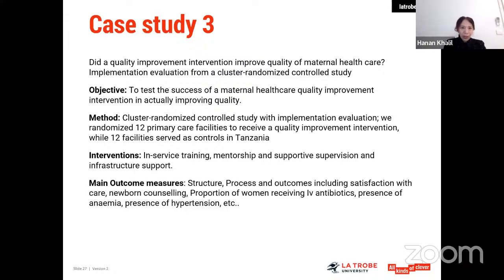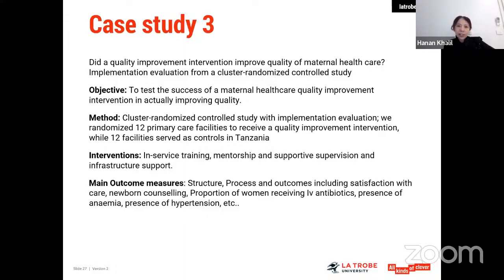Now, I know we don't have much time, but I just want to present the last case here. This case is not something that I was involved in, but I found it in the literature, and I wanted to show it to you because that wasn't a successful intervention. And I want to show you why it hasn't been successful. So this one was done in Tanzania, and it was done as a randomized controlled trial.